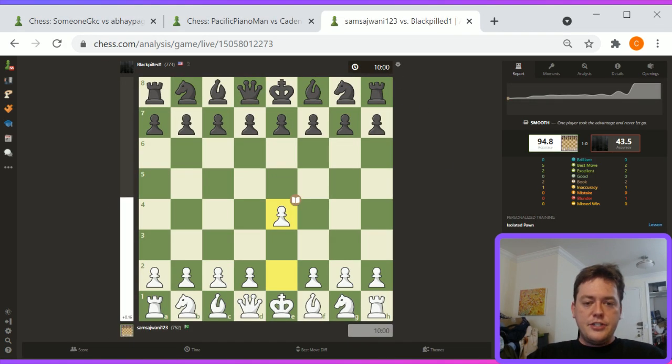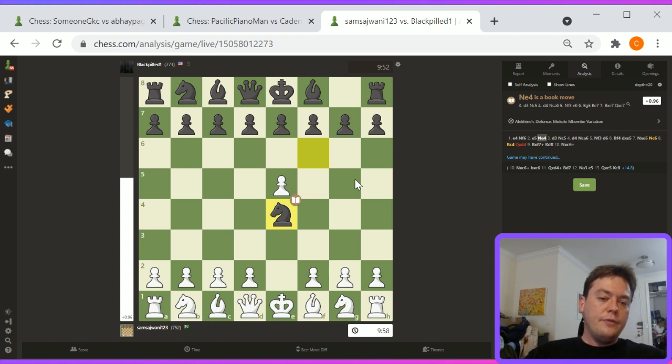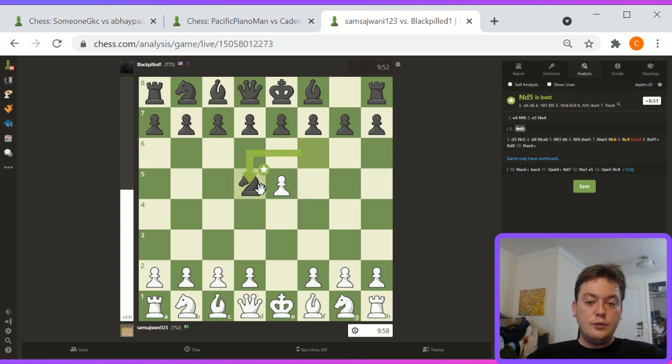Cool. Here's Sam Sejuani's game. We'll take a look. Sam Sejuani plays e4, and he faces the Alekhine's defense. Alekhine's defense with knight e4. Interesting. Okay, so just so everyone is on the same page, Alekhine's defense usually goes